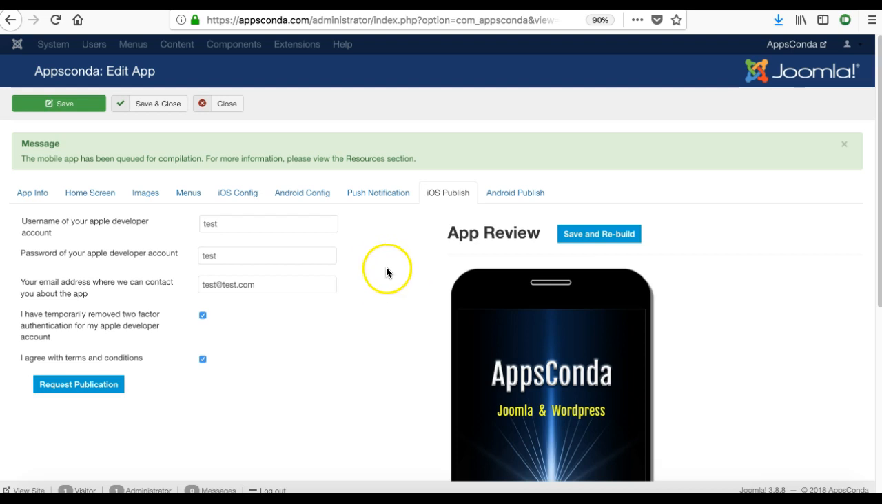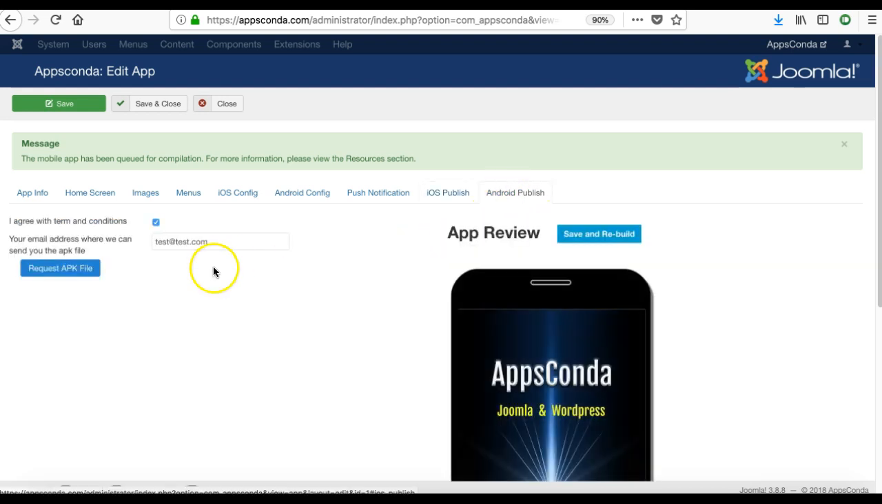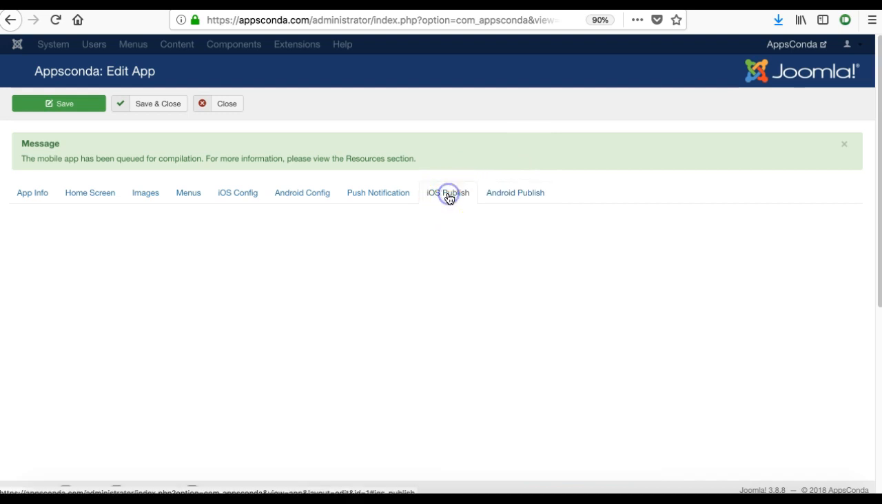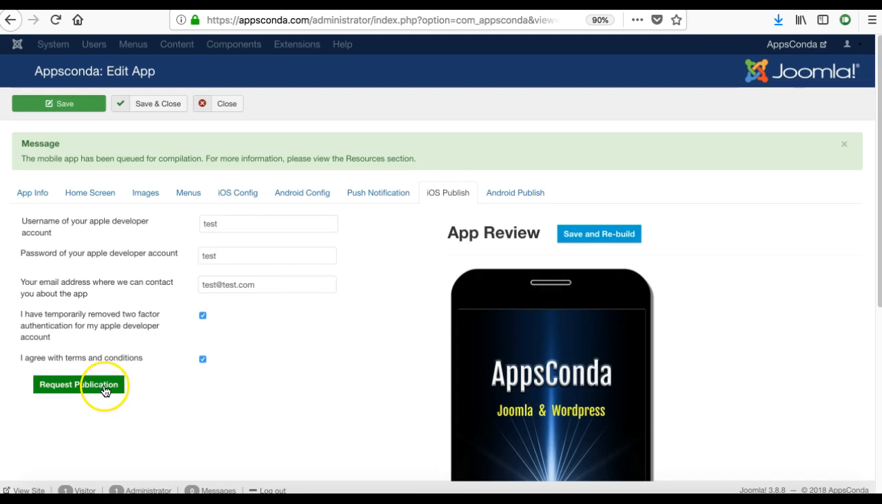And now these are two different processes. Right now I requested the APK file, so that has nothing to do with iOS publishing. If I want to publish for iOS as well, I need to request publication for iOS once again. So yes, because I need to publish my app for both iOS and Android, I am going to request publication for iOS as well. So once I hit this button,